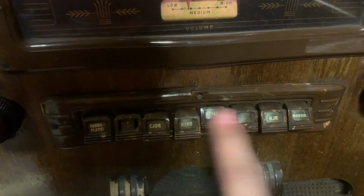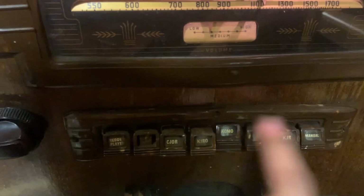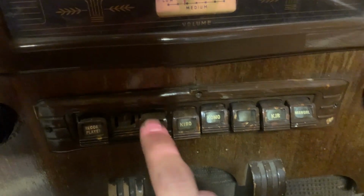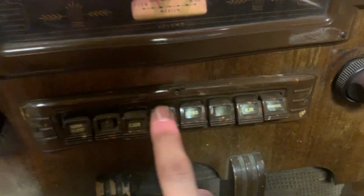That's funny, some of these buttons still line up, and they haven't been adjusted in a long time. Some of them still line up, but that's funny. The thing that's important to understand here is